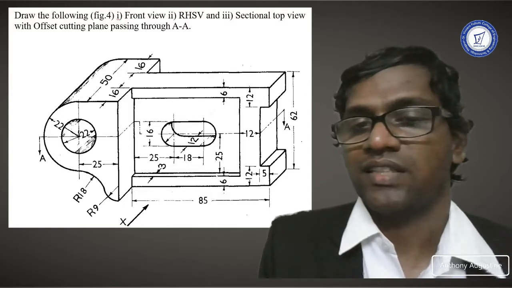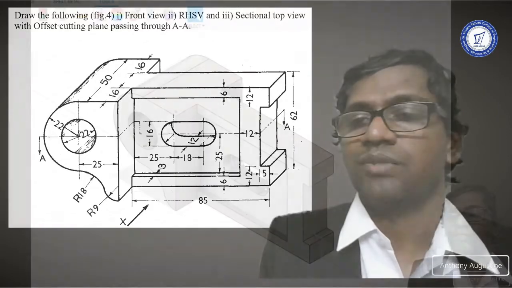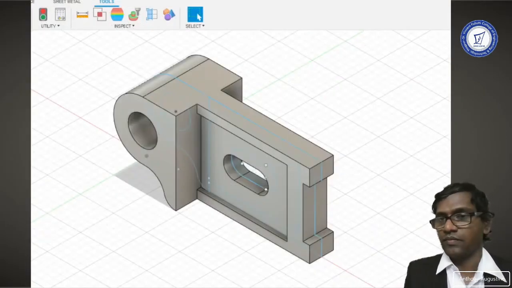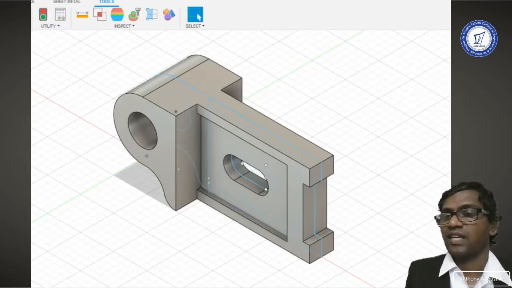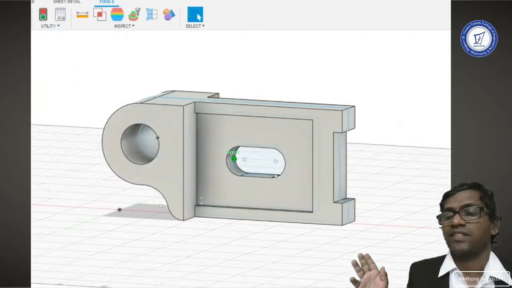For better understanding of the problem, let's go through the isometric or the CAD visualization process. So this is the object which has been represented in CAD software. You can see this is the isometric representation.